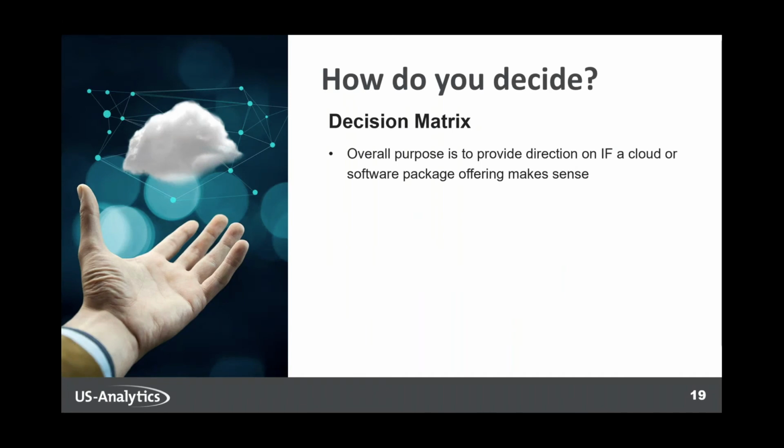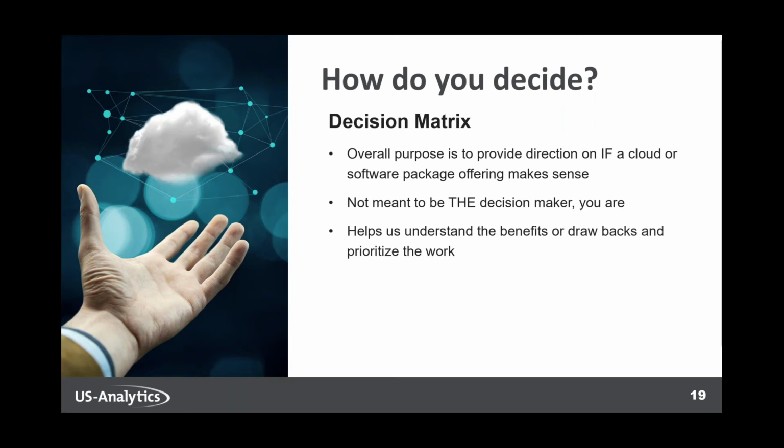Now, when you're trying to decide what makes sense from a cloud, there's no be-all, end-all solution for all of this. I rely heavily on a decision matrix, which is really nothing more than a set of questions and a rating scale. You talk about how important something is from a priority perspective and assign it a number to help you. Now, it's not meant to be the decision maker. You are the decision maker, but it is supposed to help you guide what is a priority, what's important,